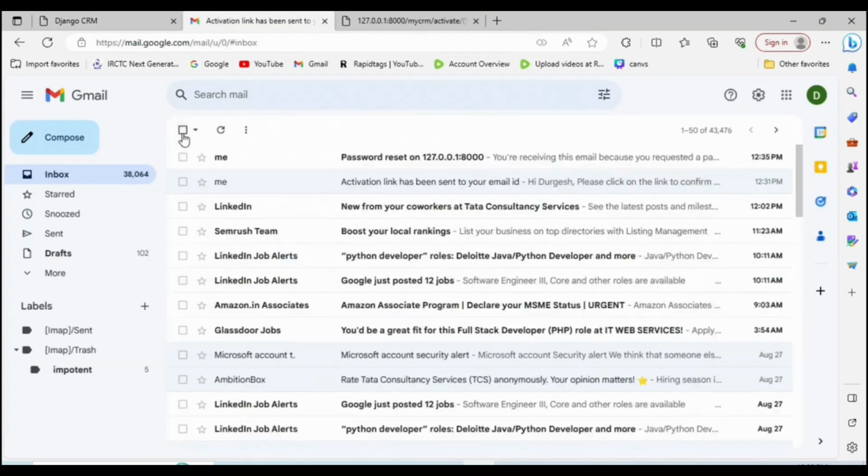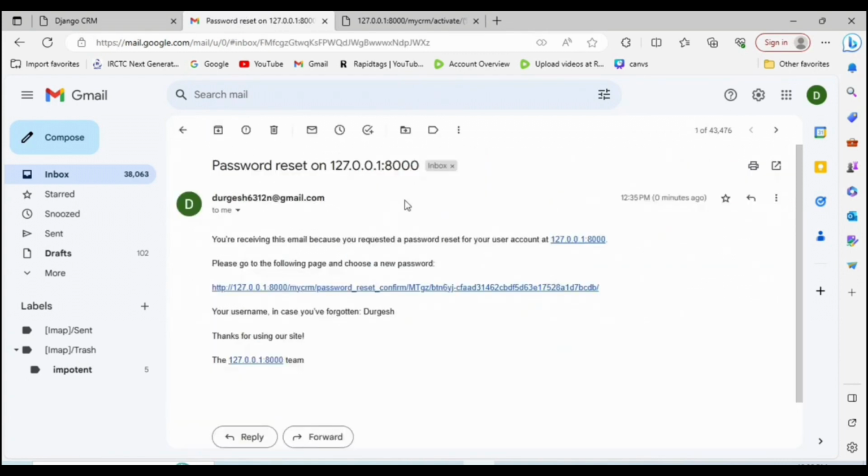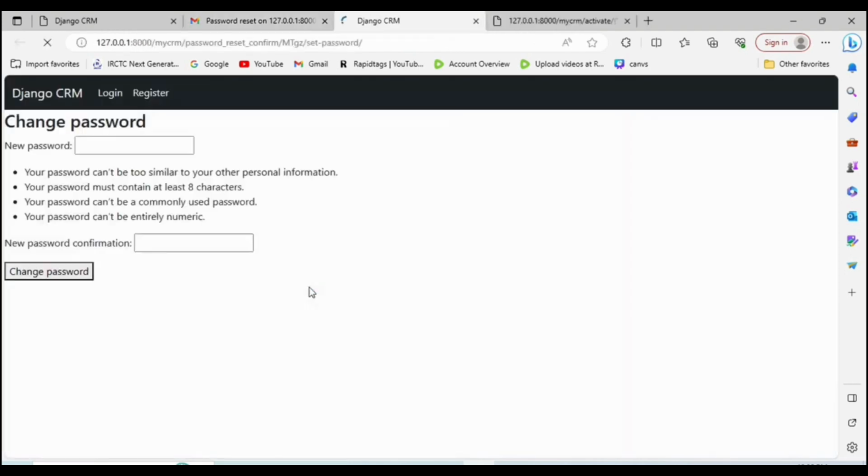Come here, one second. Yes, this is the latest mail I have received. Click here. See, here we are getting a message like: you are receiving this email because you requested a password reset. Then click on this URL. See, here we need to enter the new password. If you remember, my password was AUG@2023. Now let me change it. For example, I'm giving